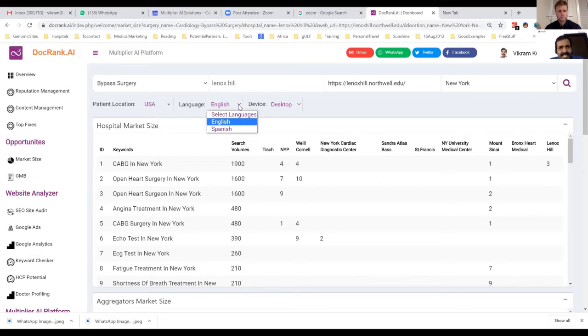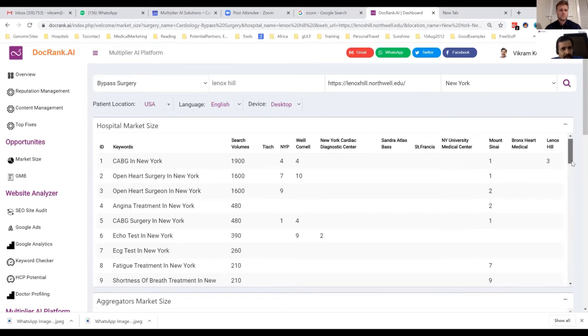So this allows you to reach across to a 60-year-old Spanish patient or an English-speaking patient, and on searches on desktop or mobile, and find first what are the volumes. If you are a hospital, instead of spending your time with the digital team every time searching for what is the patient, which keywords I should look at based on the volumes as well as others, we have pulled all that information.